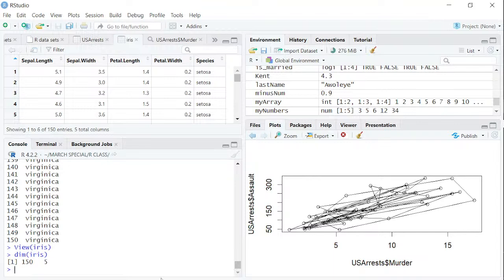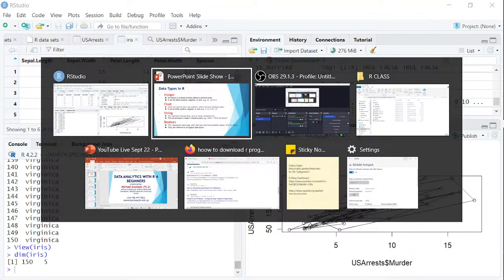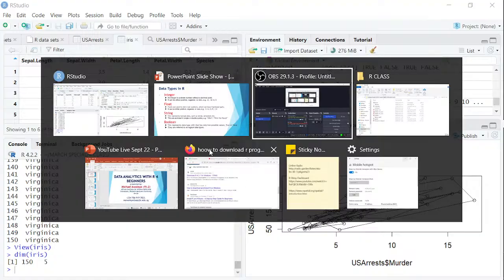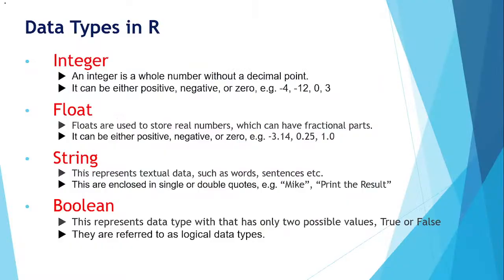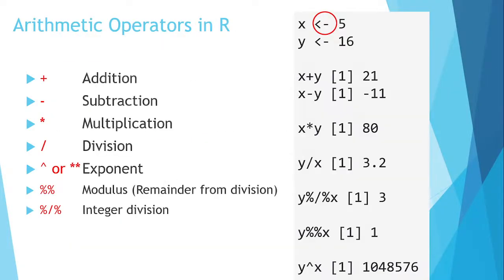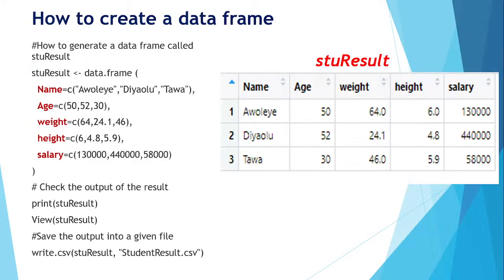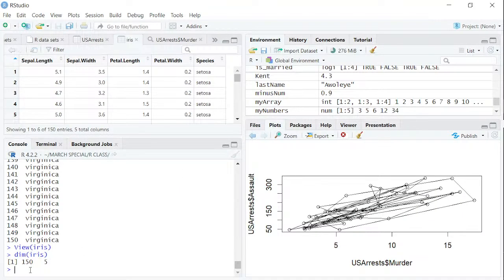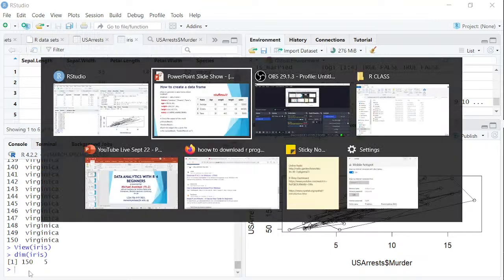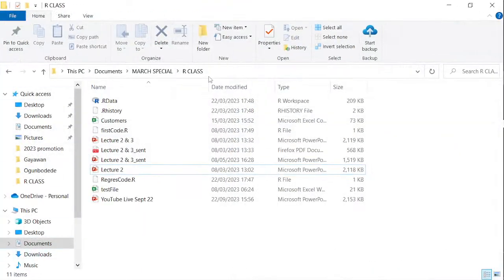So let's see. Very briefly, let's move on and see other things we can do with R. I was going to say that we can also import files from a file that we have already saved in our folder. Take for example that we have this file in our folder,